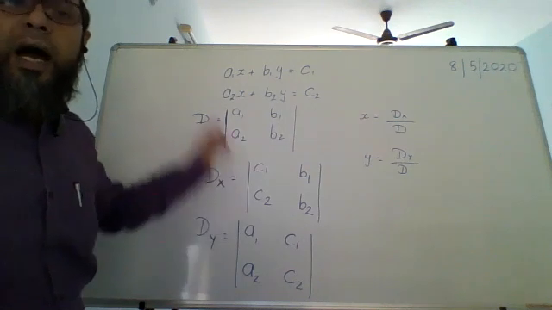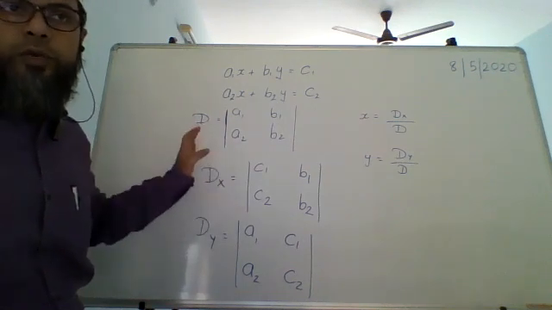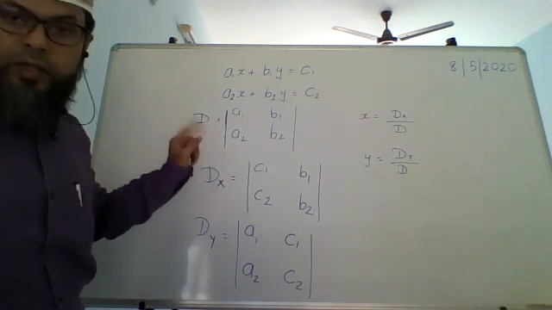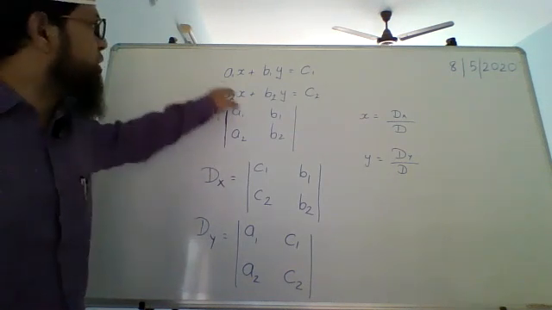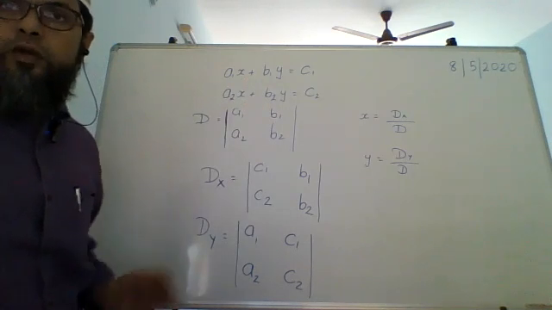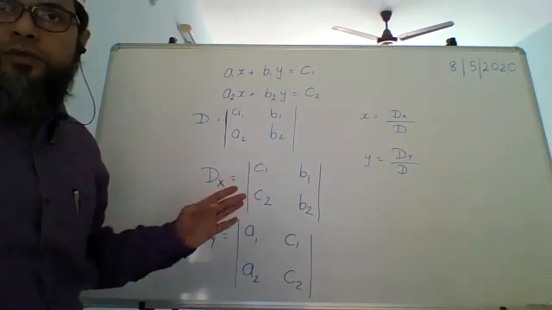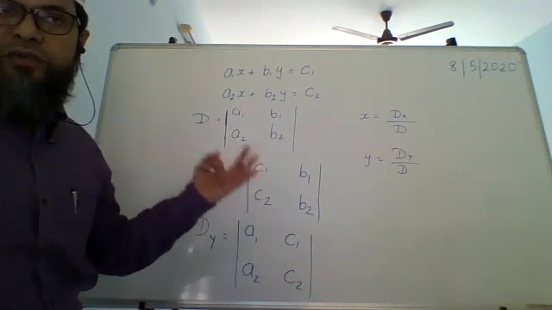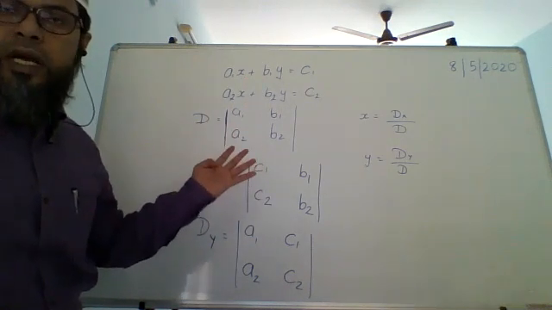And one question is 100% asked on Cramer's rule. See, now the thing is, if they just give you two equations and ask you to solve, then you have four methods in which you can solve. You can solve by substitution, you can solve by elimination, you can solve graphically, or you can solve using Cramer's rule.